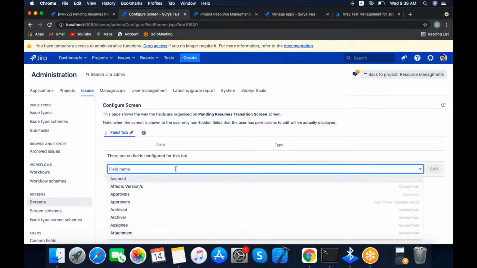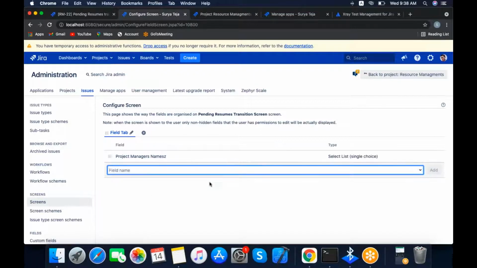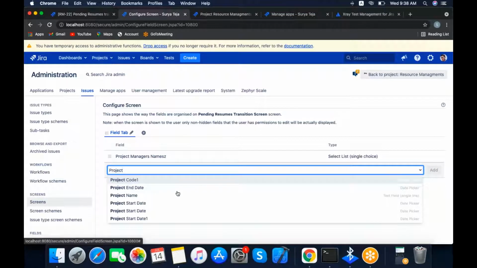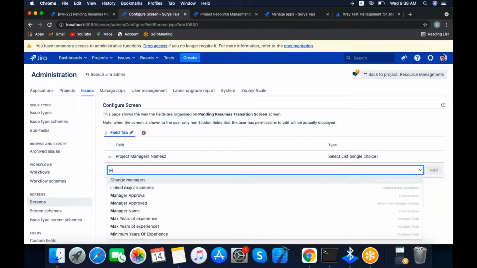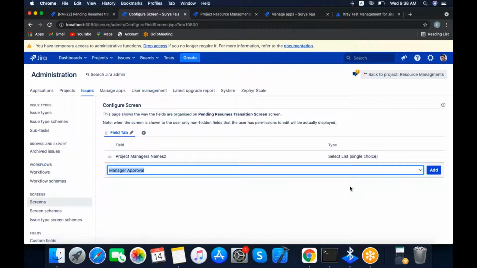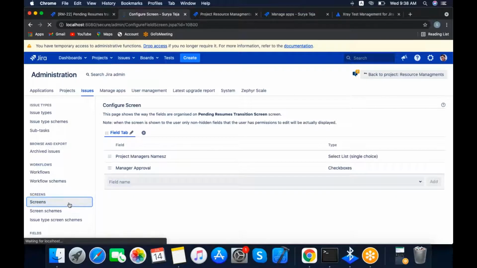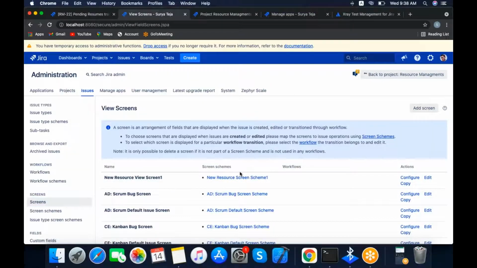In this, we need to add the project manager names field and the project manager approval field. These two fields were added. The screen is ready.